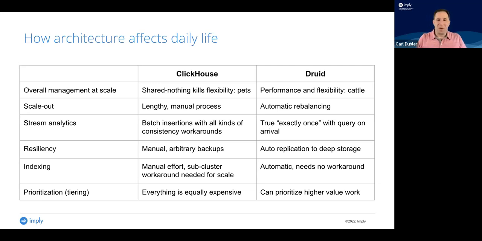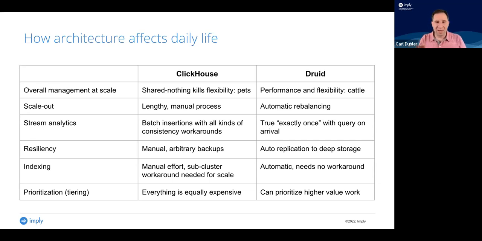So when you look at ClickHouse, because they only have one node type, and because they have to evenly distribute the data across the cluster, you might think of it this way. Every node in a ClickHouse cluster has essential state on it. And if it goes down, it's fatal. Whereas with Druid, we have master nodes and query nodes that are managing this workload. And so the data nodes just become fungible. Add them, remove them, they go down, whatever, it's not a problem. You don't have to deal with it.